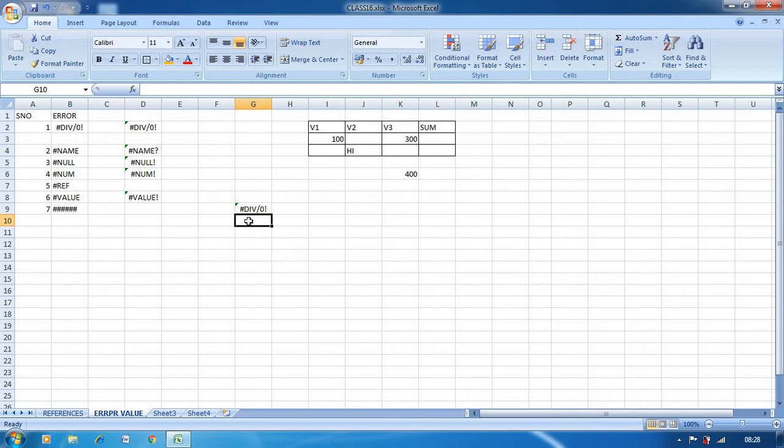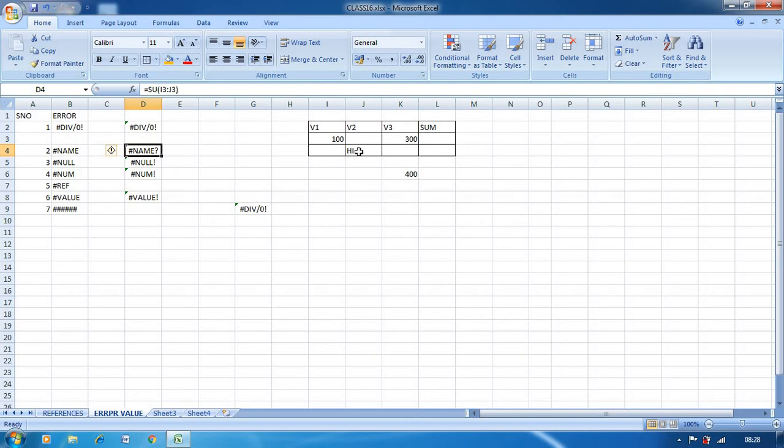Now the second one, #NAME?. It comes when text in the formula is not recognized or the formula name is not recognized. Here I have written 100, then in J I have not written anything, and in K 300 is there.